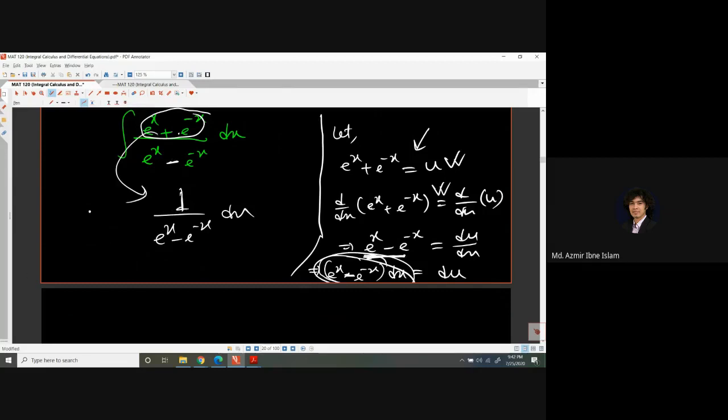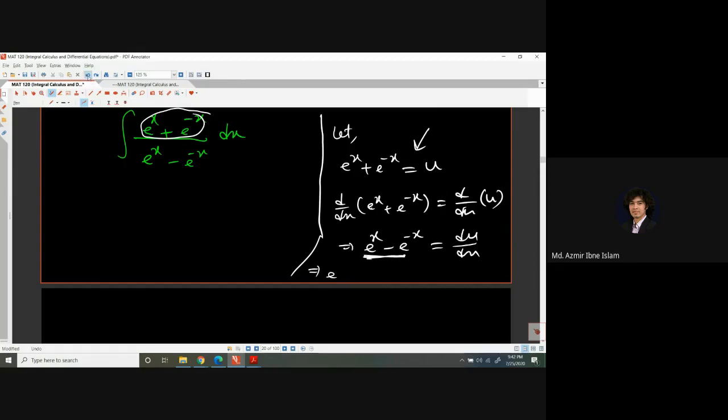From here we can say this one, but whatever we have finally after differentiation, that is not going with this one, so it's getting complicated. So that means the function that we have considered as u here is wrong, so it is not suitable. So that's why whatever we have considered, that is wrong. So I am discussing this way so that you can learn by mistakes. Okay,